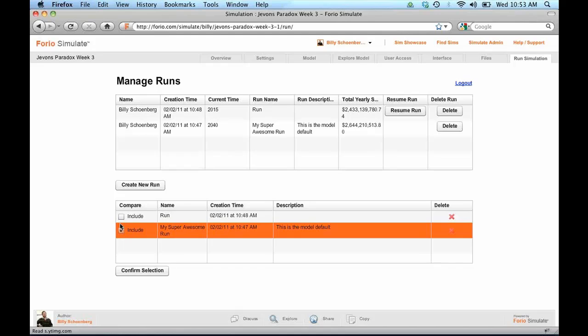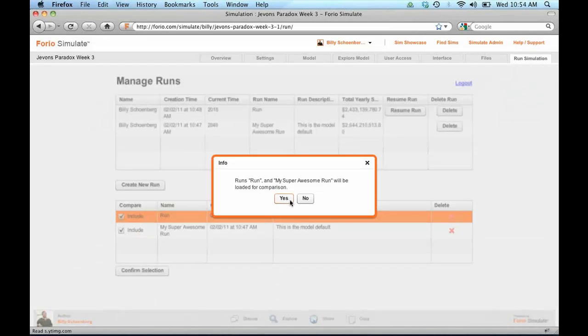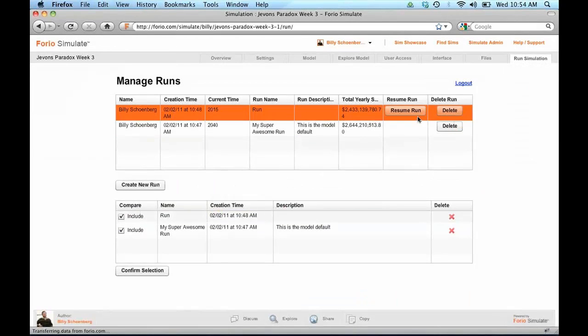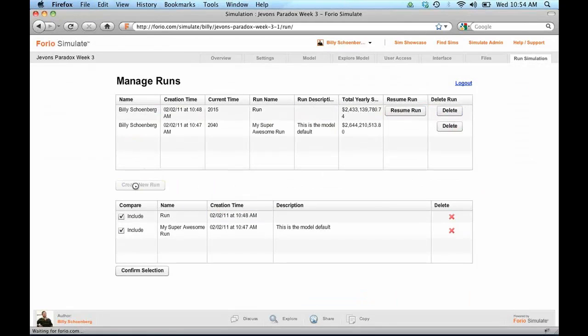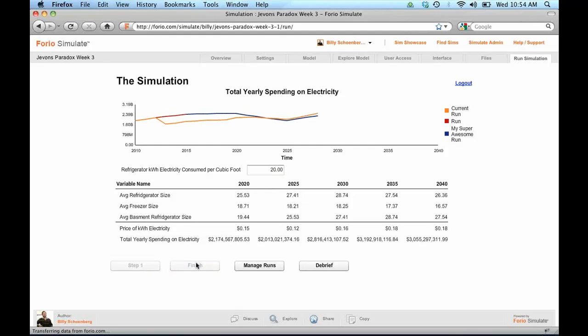mistakes, or amateur mistakes, that I made when building the simulation that I want you to see if you can figure out. What I'm going to do is compare my 2 runs. I'm going to mark them as runs that are going to be loaded for comparison, and then I'm going to create a new run. On this, we can see I've got all of my runs, and as we highlight over the legend, it shows us where those runs are on the graph. Right now they all overlap because they're all the same. But if I change this one,